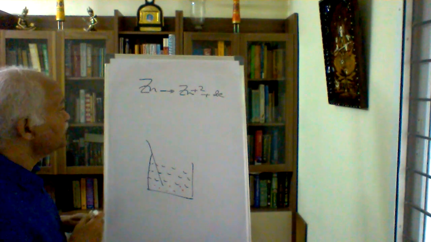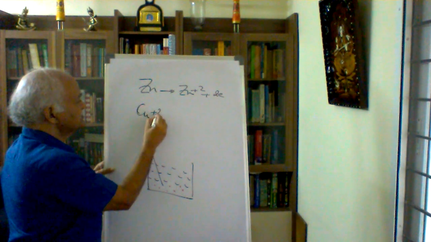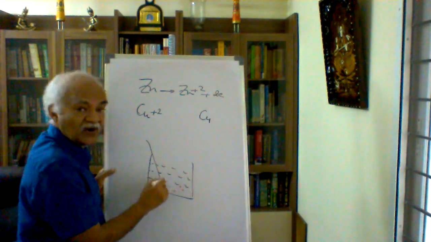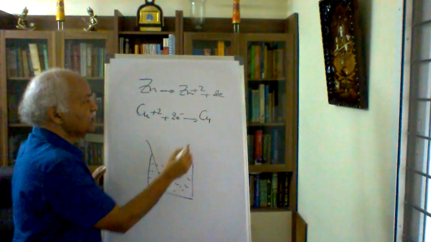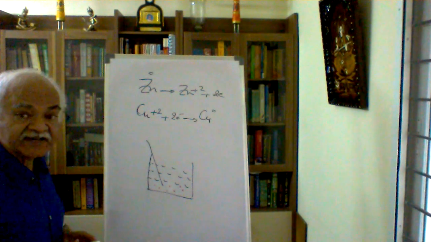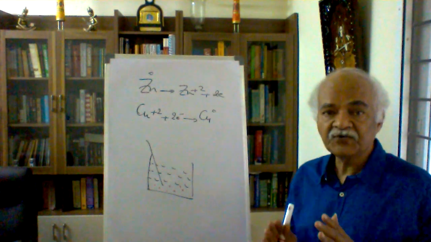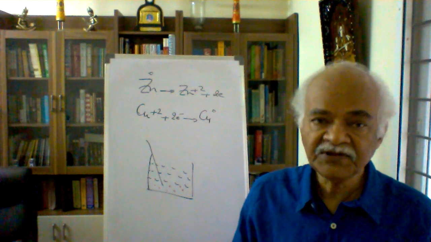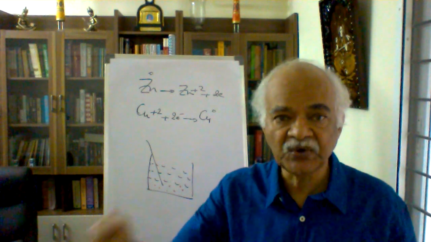Then what is the other thing that could have happened here? The Cu2+ in the solution, was it not getting converted to red colored dots here? That means it must have accepted the electrons to get converted to copper in the zero state. That is, a redox reaction is taking place without any further effort. What is the only effort I am putting here? I am keeping them in contact with each other. Beyond that, I am not helping the reaction. That means the reaction is taking place on its own.